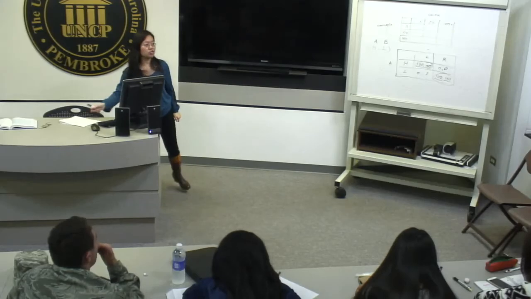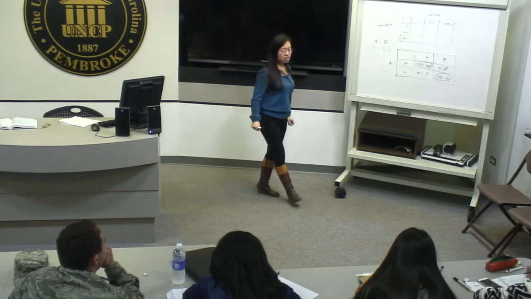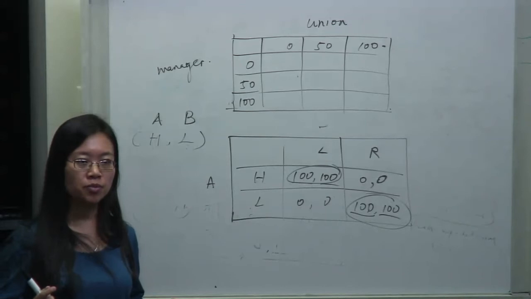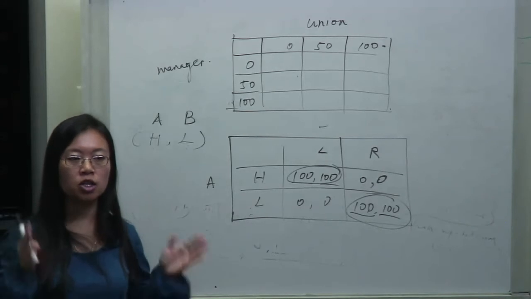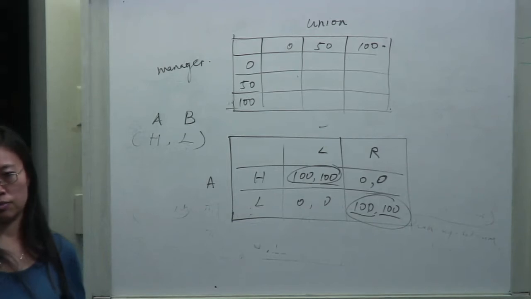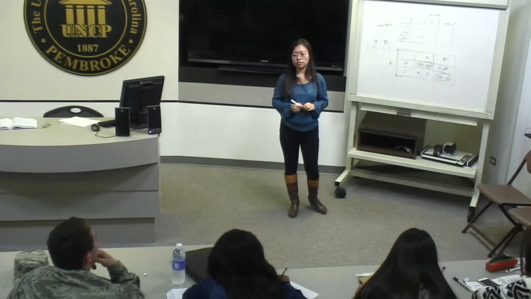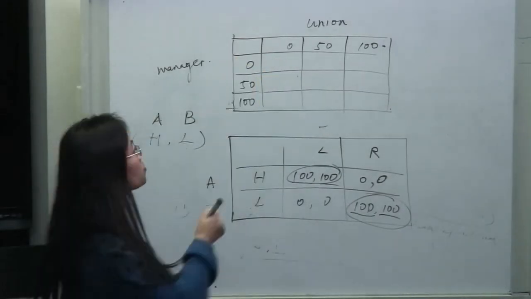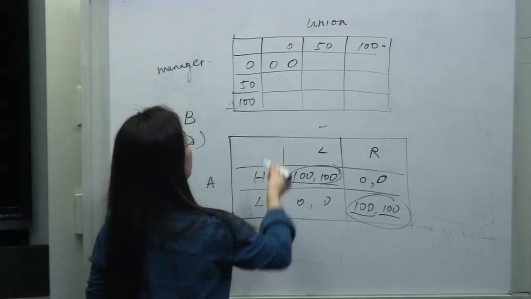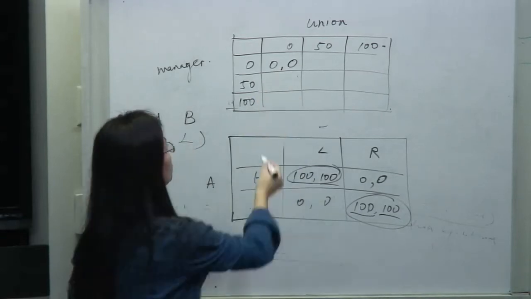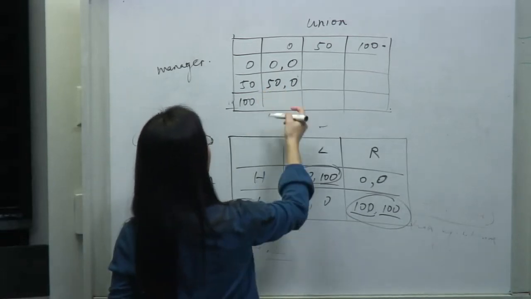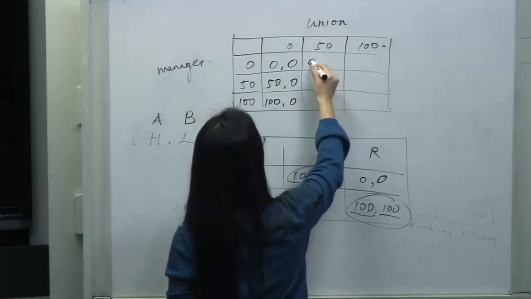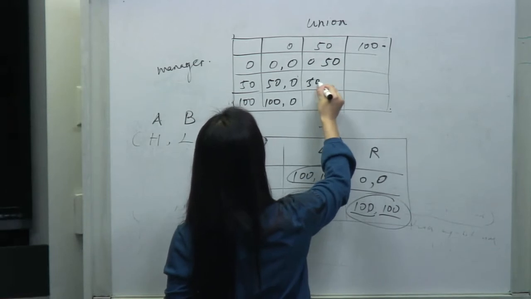Each one of them has 3 strategies. If the sum of the 2 numbers is less than or equal to 100, they're going to take home that much money. If the sum is greater than 100, they take home nothing, but they're going to lose $1. Is it less than or equal to 100? Okay, so what is the payoff here? 0, 0 for both guys, right? What's the payoff here? 100, 0, right? What is the payoff here? 0, 50. 50, 50.